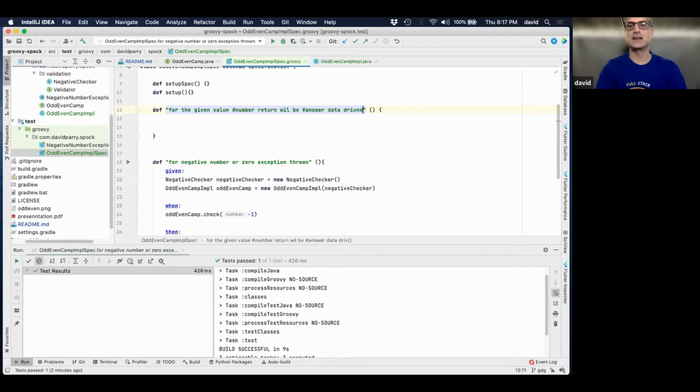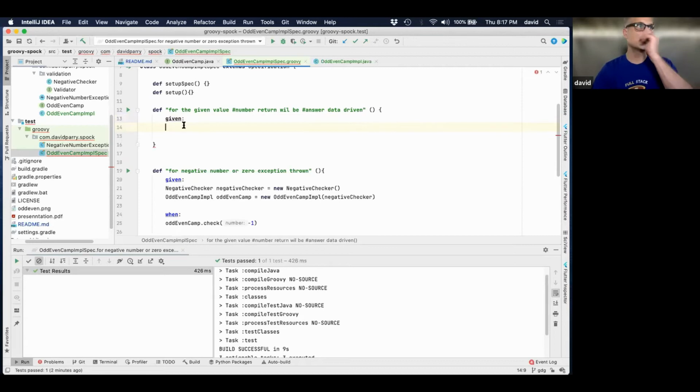And I'm just saying data driven. So I'm going to say given, and I'm going to go ahead now and touch on another topic too on this is our mock. So on our mock, we have the mock validators, and we can look at that and say, okay, we need to see how the mock is coming through.